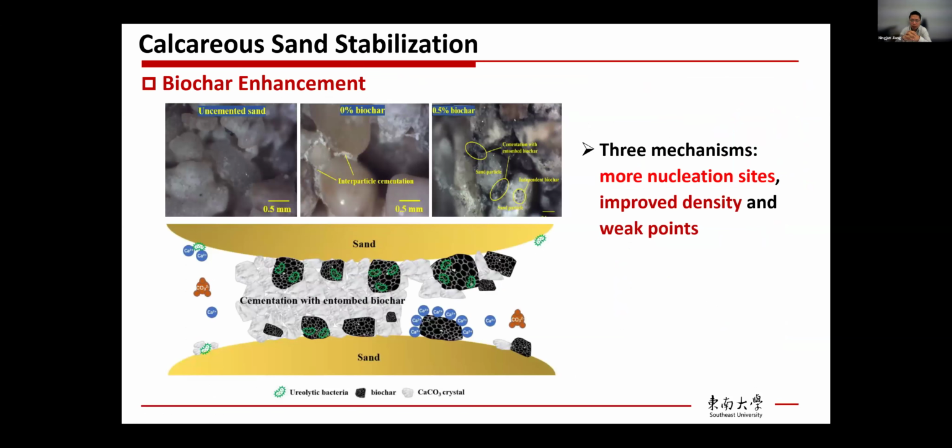Okay, so based on this research, we proposed three mechanisms of biochar enhancement for the biocemented calcareous sand. The first one is that biochar can provide more nucleation sites, so we can see more cementation. Secondly, with the addition of biochar in soil, the overall density is improved. That's two advantages. The third mechanism, which is a disadvantage, is that the strength of biochar itself is quite weak, so when they are in the soil system, they are kind of weak points. So when we do the shearing, the compression, the soil failure usually starts from these weak points. So these three mechanisms overall contribute to the biochar function in improving the mechanical performance of MICP treated calcareous